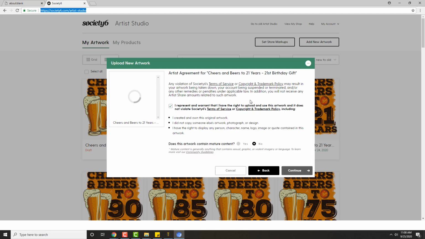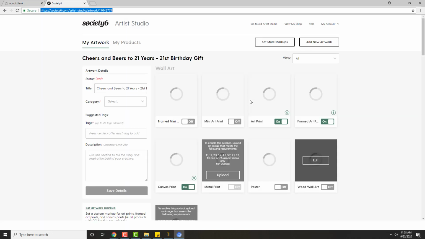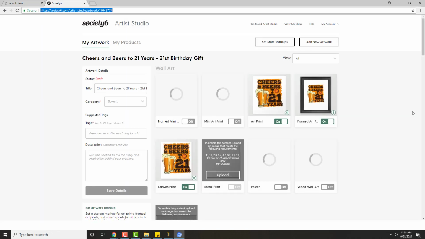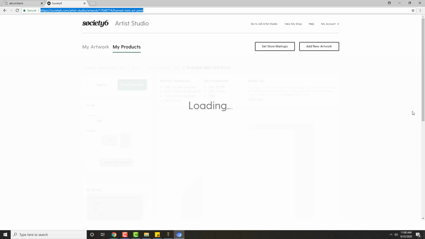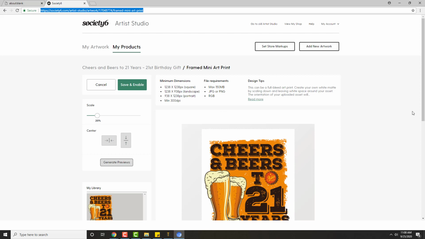It's inputting the title, it uploaded the design. It's going through the process, so it's going to disable all the products here, and then it'll go through each product that we have enabled and adjust the resizing, etc. perfectly. And another thing to keep in mind with the resizing, again, this is only for 4500 by 5400 pixel